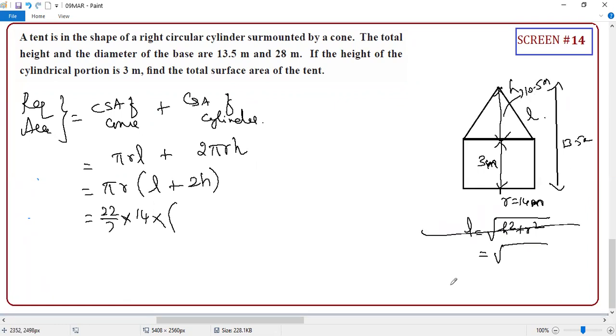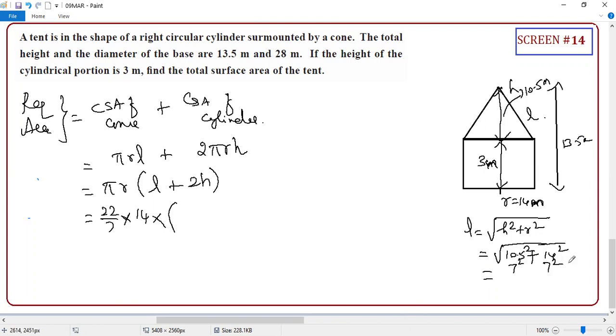If you deal with it separately, no one is going to ask. What is L equal to? H equal to what? 10.5 square. What is R? 14 square. Guys, hereafter it's your duty. Some problems will be more lengthy to find, but you try to do it, student. Try to identify the common thing. What is the common thing, guys? Here also 7 square is there. Here also 7 square is there.